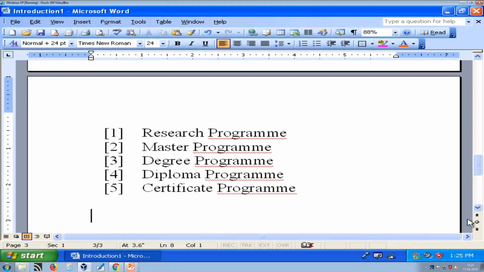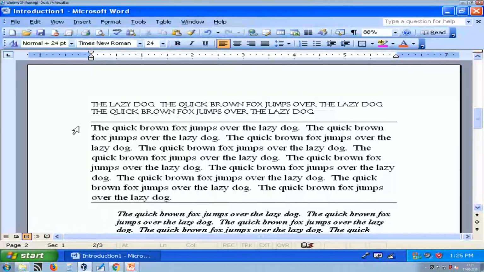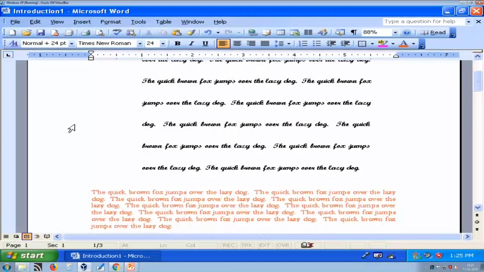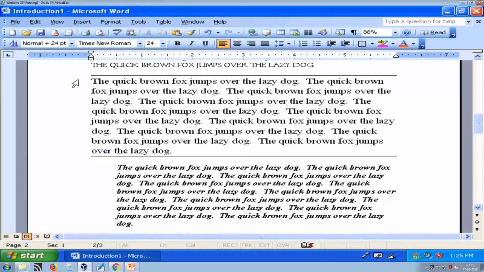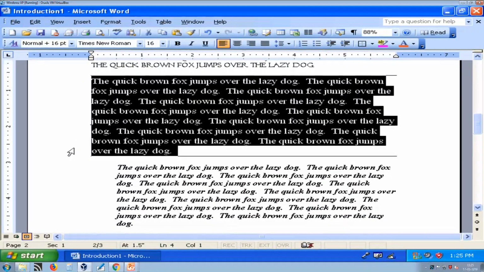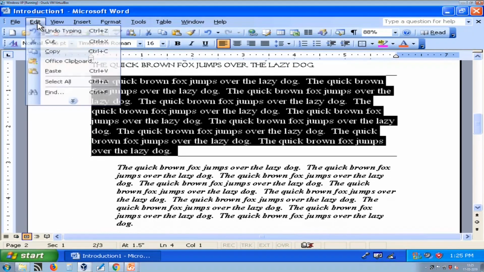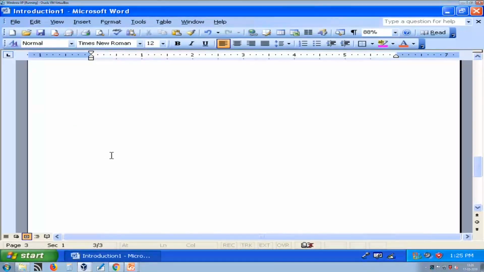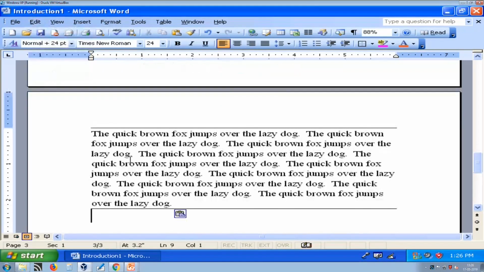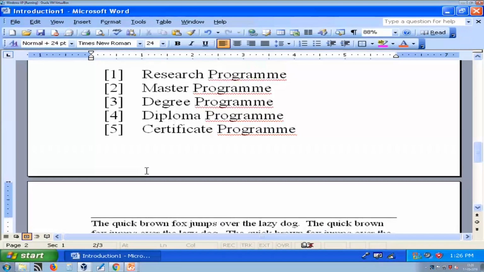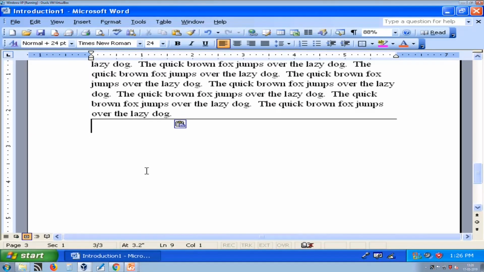Now, sometimes we want to shift our content. We do not want to copy, but we want to shift our content to somewhere. So, for that you can use the cut feature. So, here I want to quickly move this text to the end. So, here I am using the cut option. Cut will remove text from the original place, and when you paste it will move your text to the new location where the cursor is blinking.